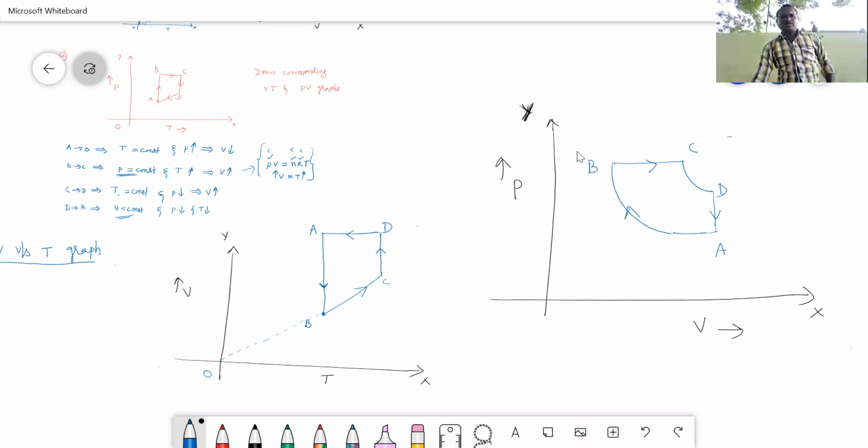How many of you got this one? And this one I will send you as a PPT. And tomorrow we will start the new chapter, oscillations. Okay, and it is important for your competitive exams. Okay, students. Okay, this is for today's class.